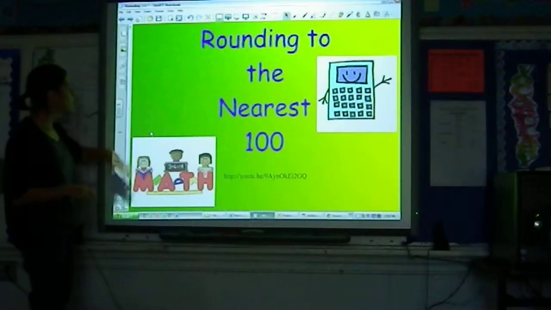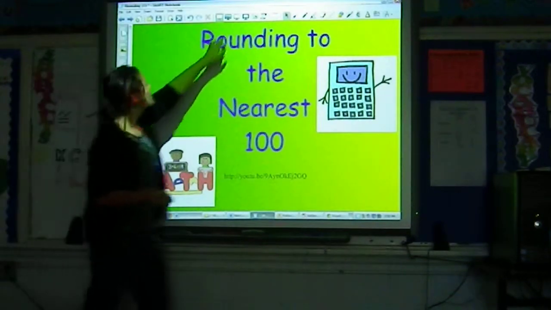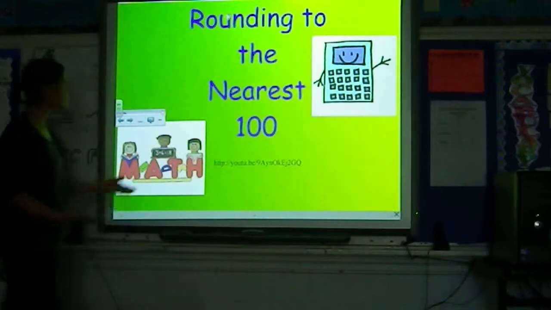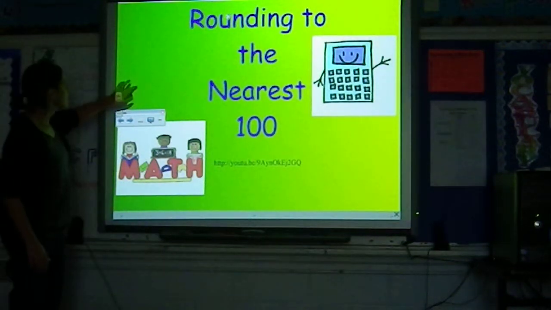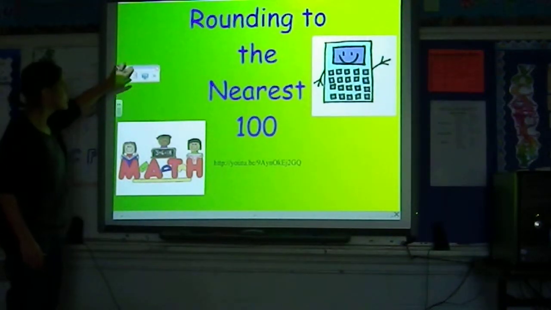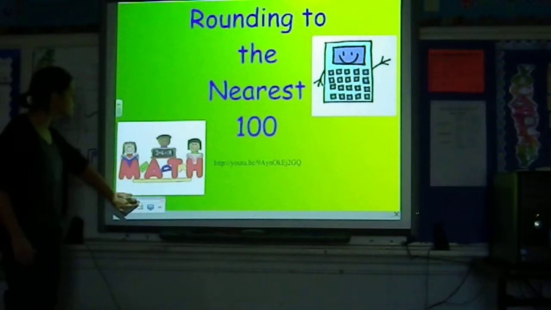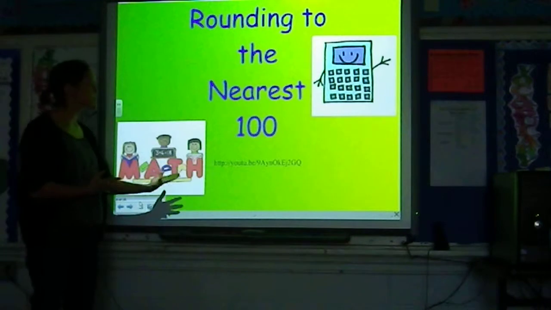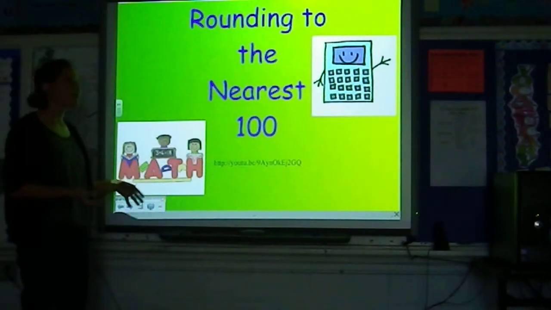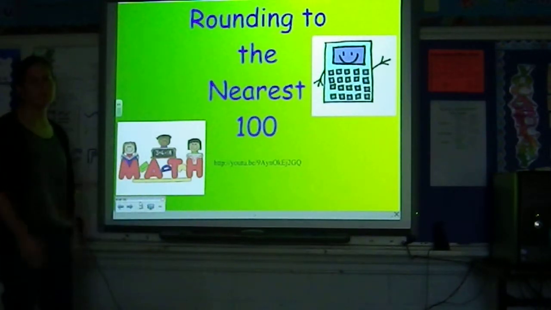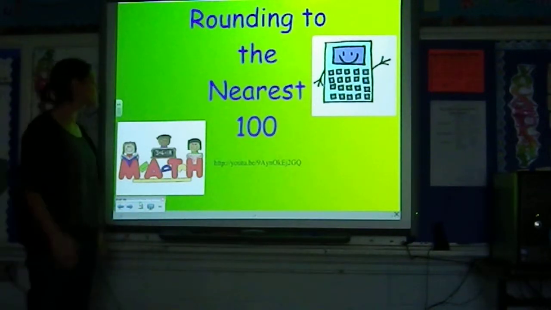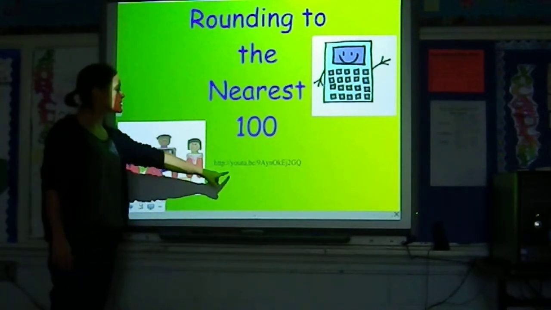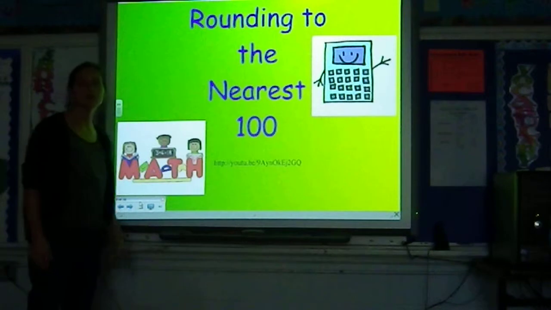So if I want to go to full screen mode, what I can do is come up here and hit this, and then this is just something that I can use as my guide to move around. I can move it out of the way so the children are not distracted. This is my main slide just to kind of get the kids interested. Of course, I use bright colors and a couple of pictures. You get oohs and ahs. And then, as you can see, I've pasted a link to the video that we're going to be using for